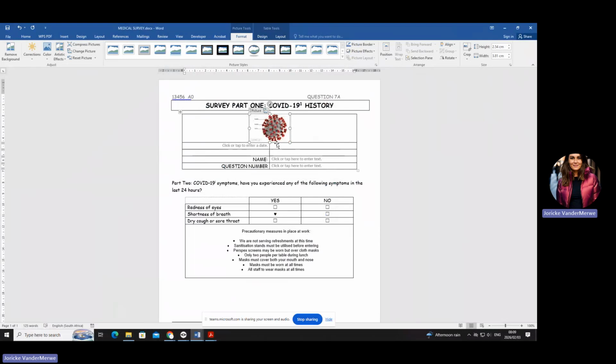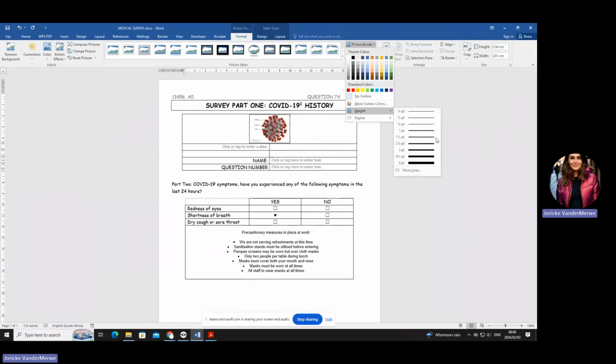If it's 1, then you keep it on. Okay, and then you have to put on a thick double line border of at least 1.5 around the picture. Same thing, we're still in the format tools of the picture. You're going to go to the border, you're going to choose the weight and then say at least 1.5. Now remember 0.5 in Word is a half.